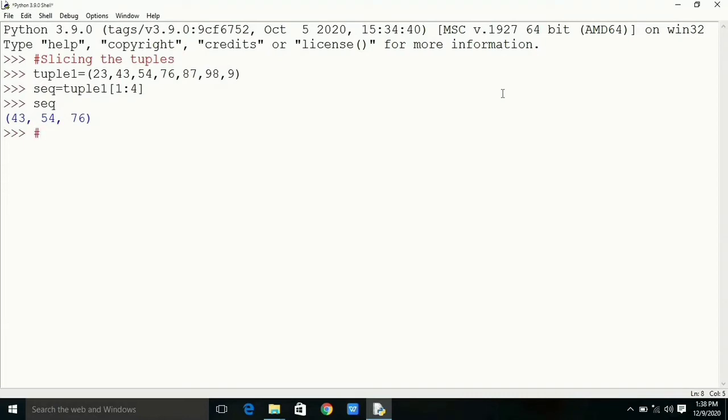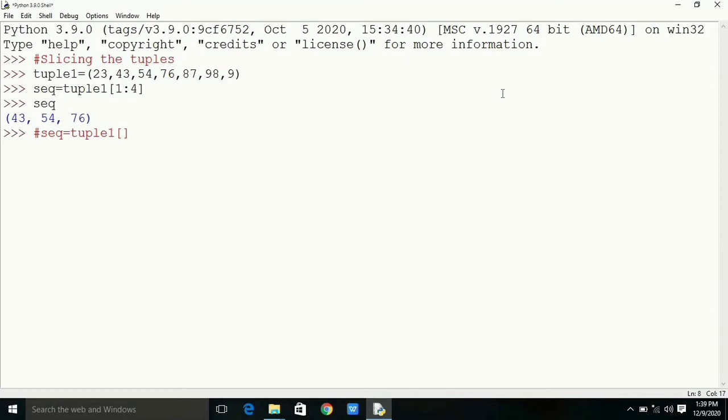T start colon stop colon step creates a tuple slice out of tuple T with elements falling between indexes start and stop, not including stop. Step is 1 in between.